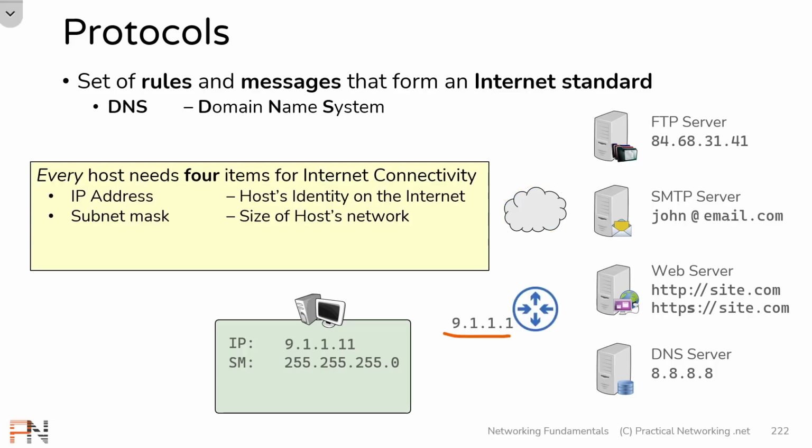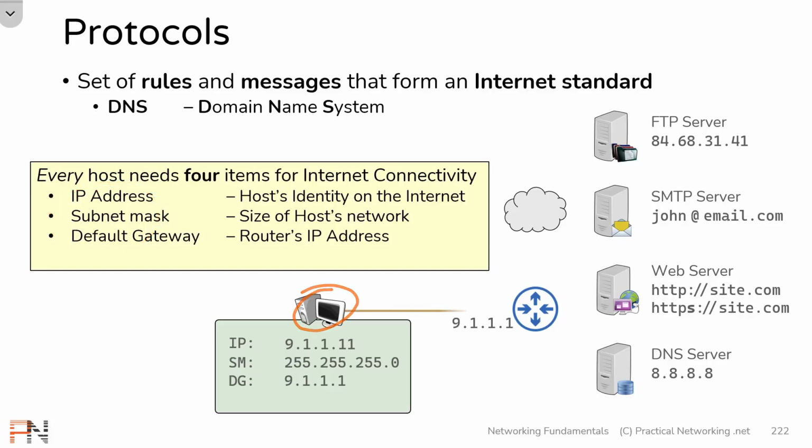And specifically, that host is going to need the router's IP address configured as that host's default gateway. With these 3 elements configured on this host, it can now speak through the router to the internet, to any server using its IP address. But most of the time, when you're on the internet, you're looking at websites or trying